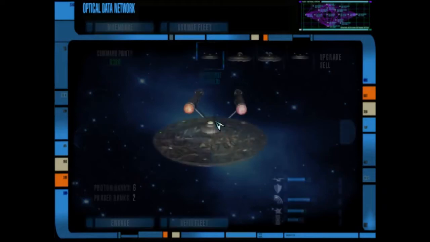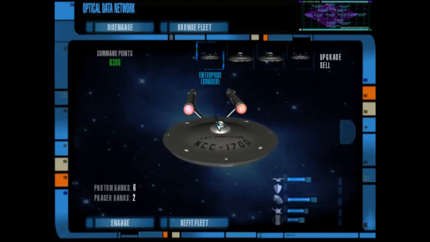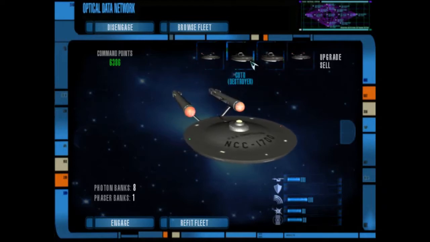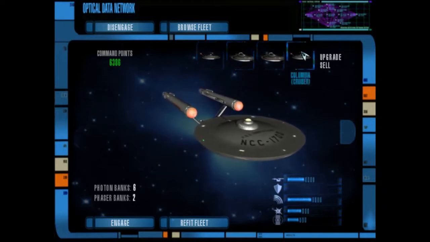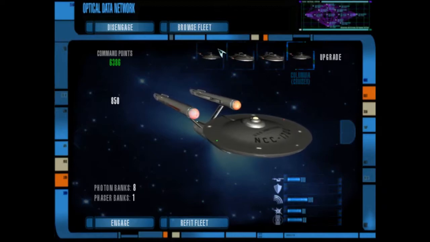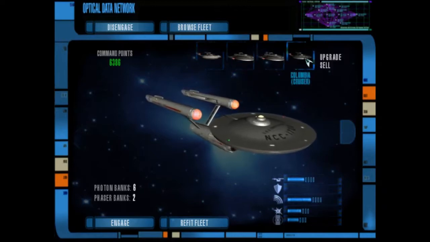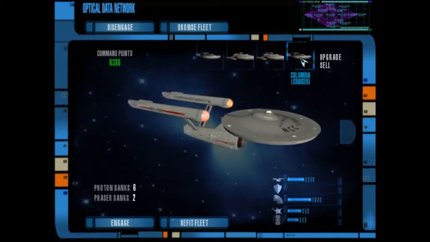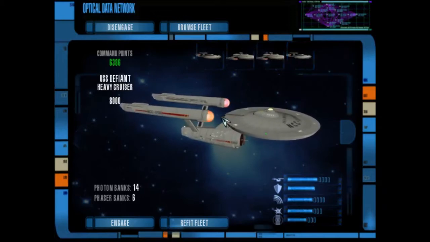Okay, let's look at upgrading some of these ships, or at least replacing one of them. Maybe the Poseidon. So, the Columbia is the NX refit, so its hull, its weapons, they are slightly better. I'm not going to pick...